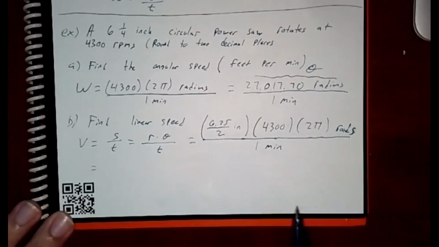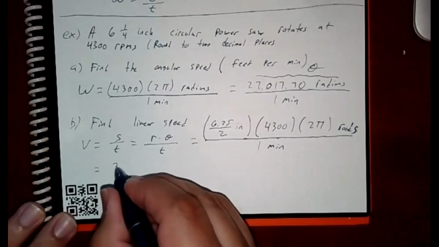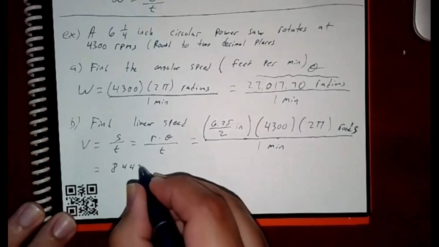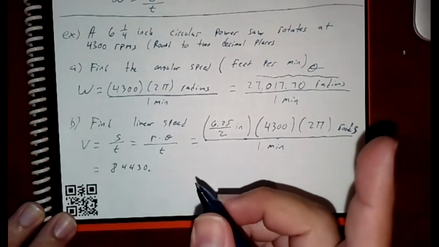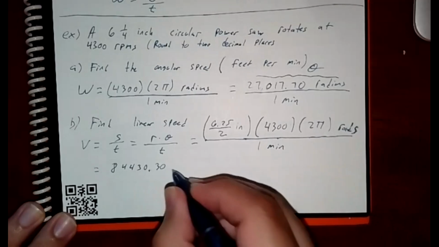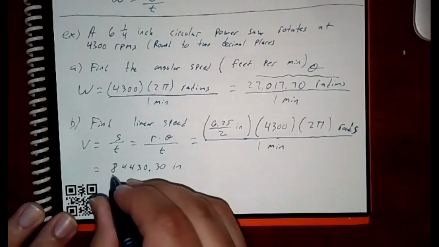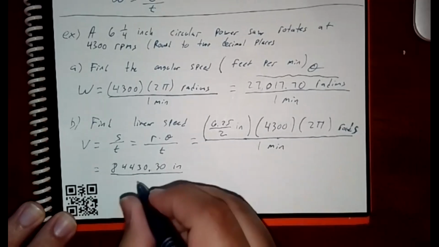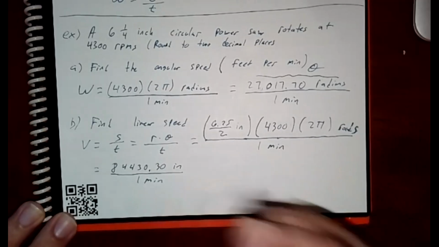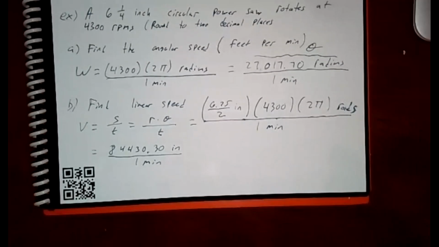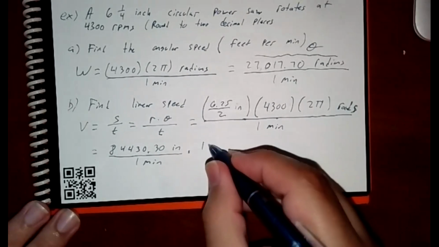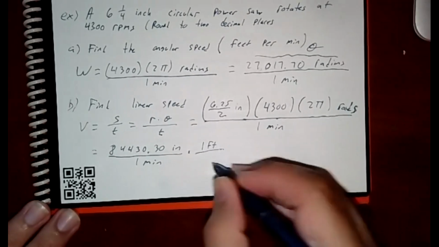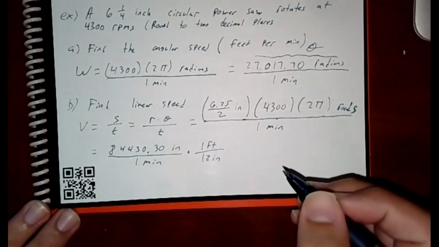Okay. So it's gonna be 84,430 point, let's see, they said 2 decimal places, so 30 inches per minute. How do I change inches to feet? Aren't there 12 inches in a foot? Yeah, so we must multiply by a conversion factor. So that'll be 1 foot per every 12 inches, right? So basically,